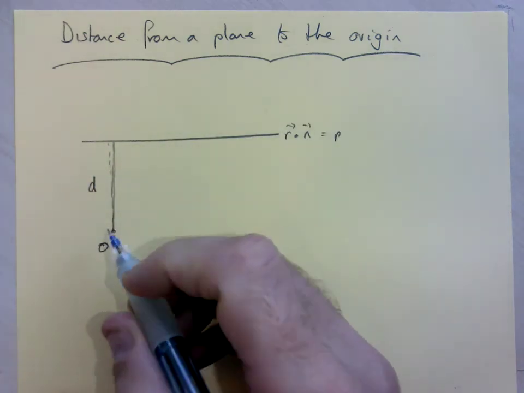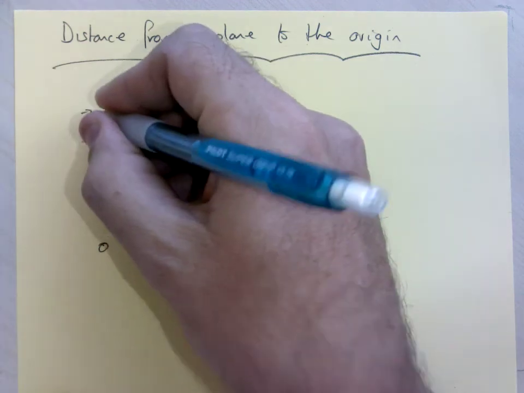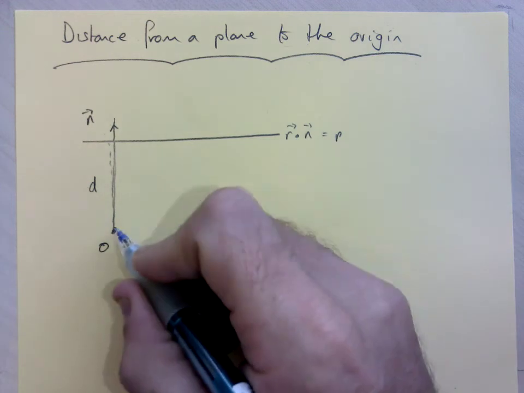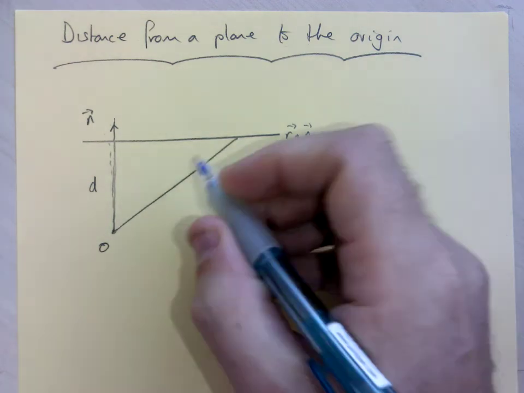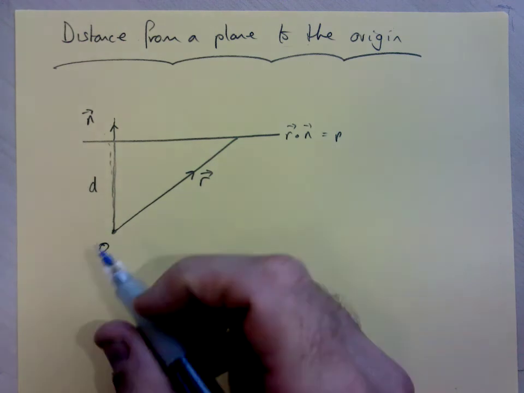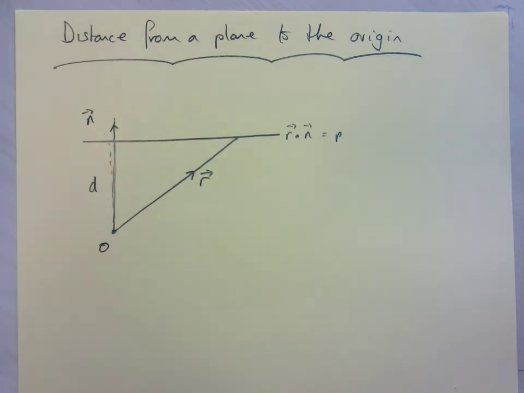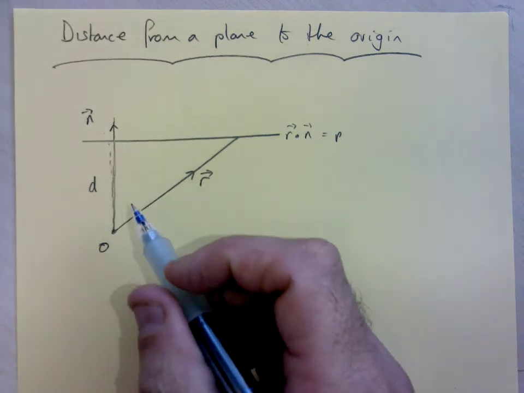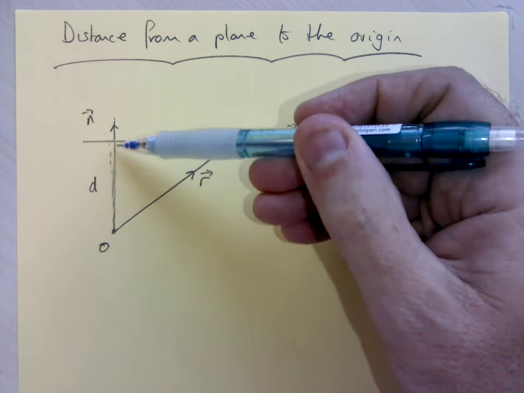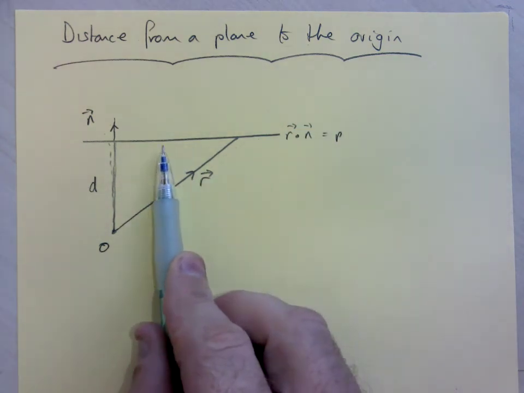There's the origin. Now, I also know that I've got a normal vector, normal to the plane there. I also know that this will enable me to find the position vector of any old point on the plane. That's what r is. It's the position vector of a point on the plane, which means it links the origin to any point on the plane. So from this diagram, I can see that the distance that I want is the projection of this vector onto